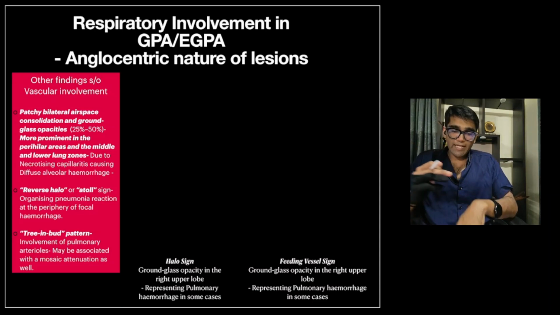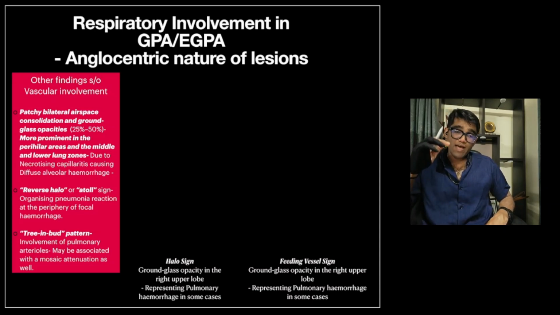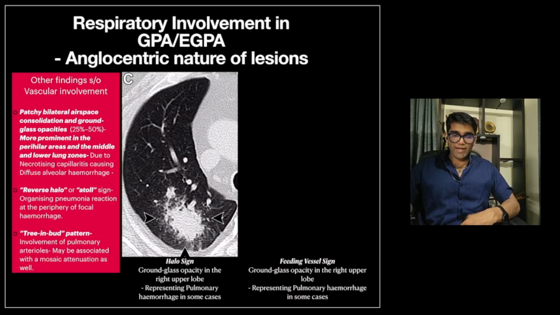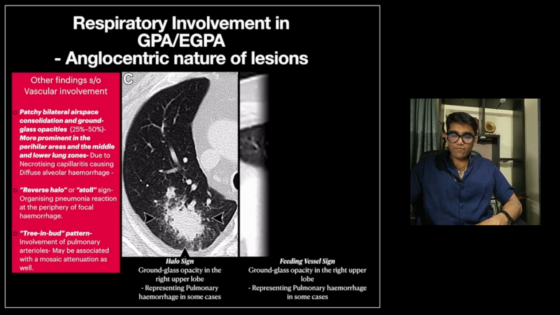And in GPA particularly, because of actually inflammation of the vasa vasorum of the vessels that are supplying the bronchopulmonary lobule, you may get inflammation of the entire vessel, and you can actually then develop a tree in bud pattern, although a tree in bud pattern still strongly indicates that it is an infection rather than a vasculitic process. These are the two things that you might get. Okay, so you might get a halo sign or a reverse halo sign. You might get tree in bud nodular interstitial opacities, and there is another finding, that is the feeding vessel sign, where,